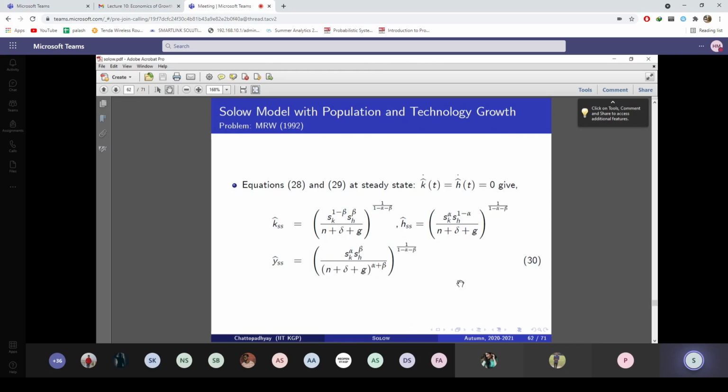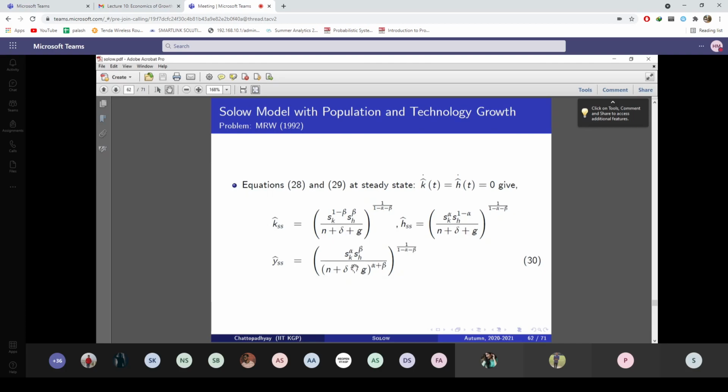Interesting part over here, you see, if you set beta equals 0, your steady state capital stock is sk divided by n plus delta plus g, which is basically our standard production function when there is no human capital. So I get my standard production function and result back if I simply set beta equals 0 over here. No human capital, standard. So my solution is perfect.